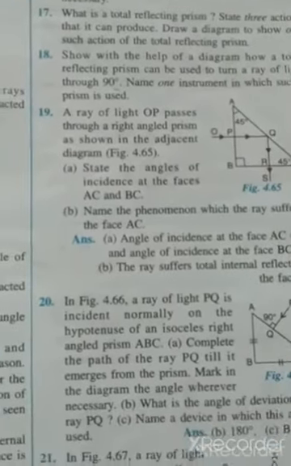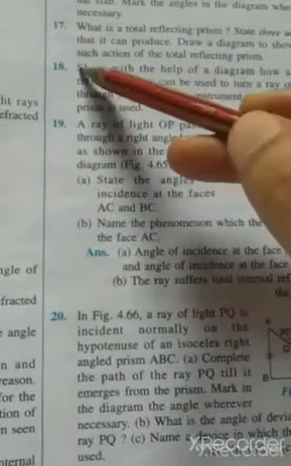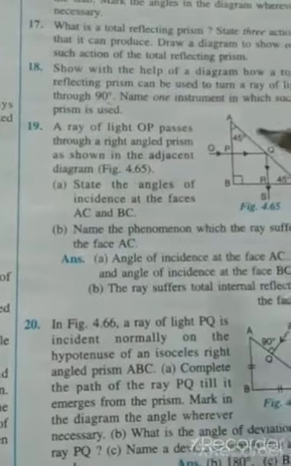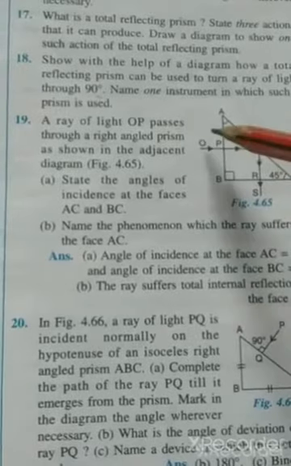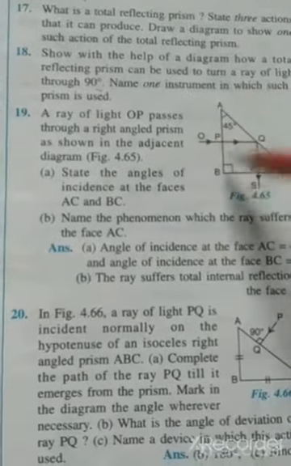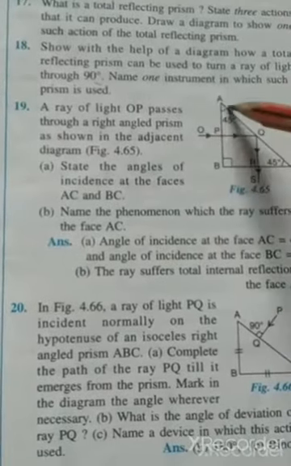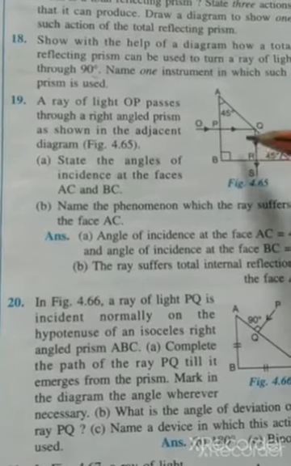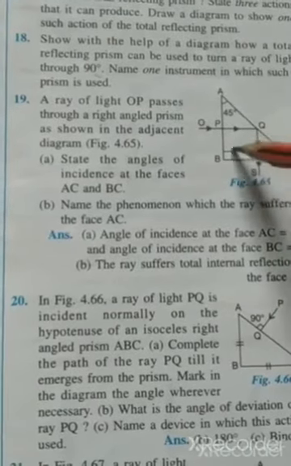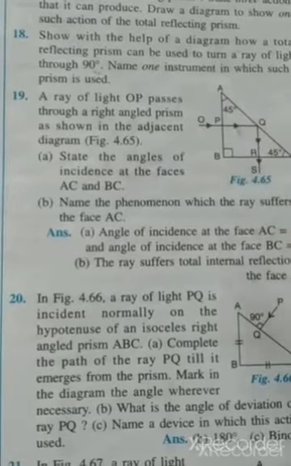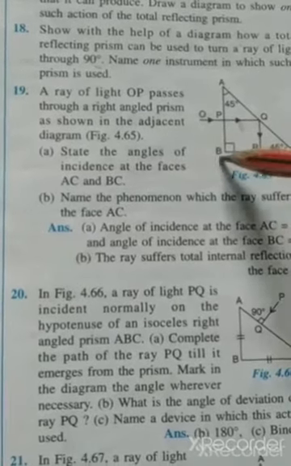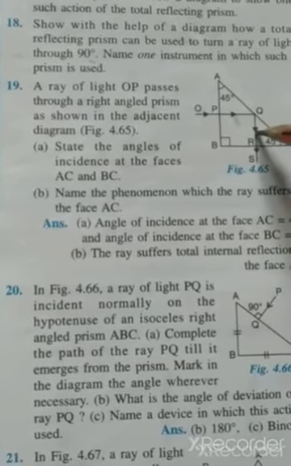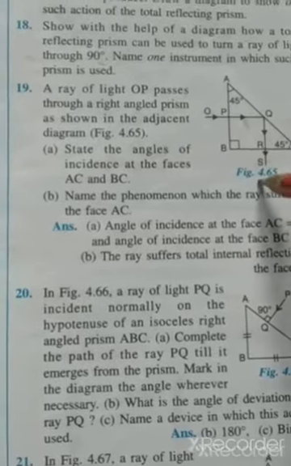Okay, so this question you will do in your copy, and you can see in this ray diagram, I have already explained in the lecture of the total reflecting prism. This ray strikes this face normally, and then it will strike face AC, the hypotenuse of the prism. When we draw a normal from here, this angle of incidence will become 45 degrees, and it will reflect back and strike base BC, and this is 90 degrees, so it will pass undeviated.